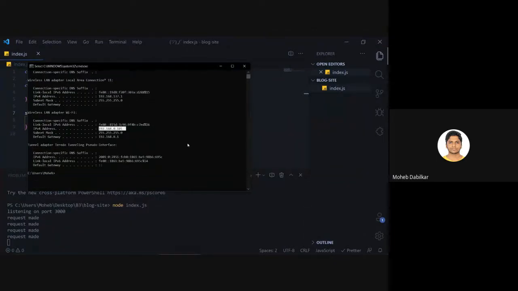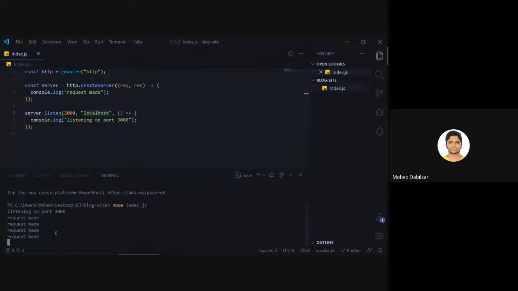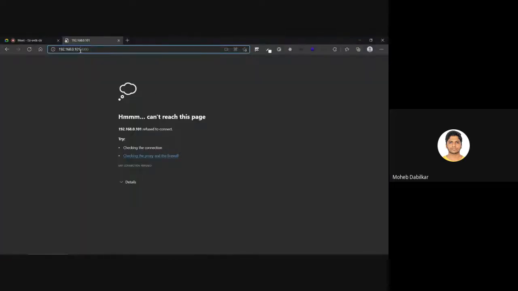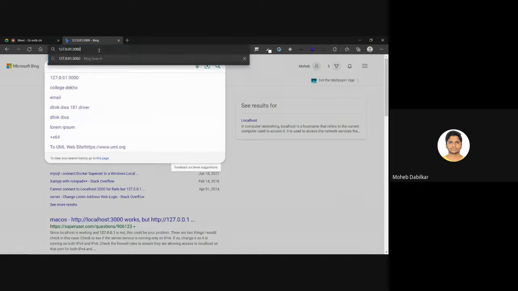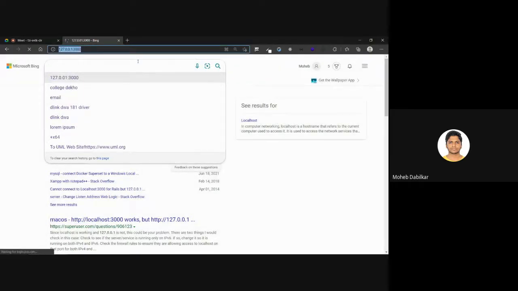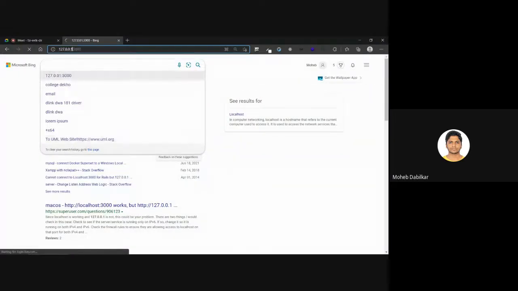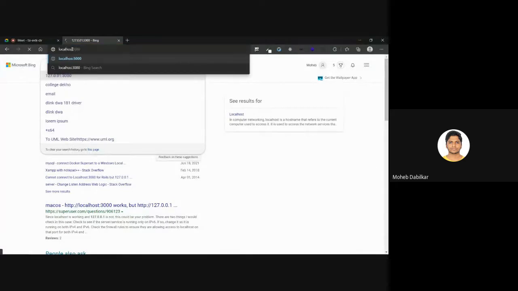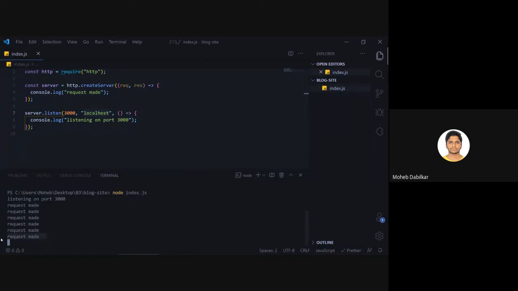Do we have any other IP as well? Nope. So it says it refused to connect, and it won't do anything. So to query yourself only, you use 127.0.0.1:3000. Spelling mistake over here. Yeah, now it should work. It says request made, so this is a new request, and as well as saying localhost 3000, it should allow and create a new request.